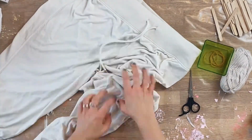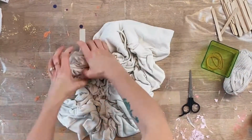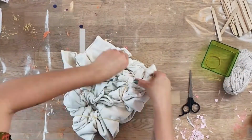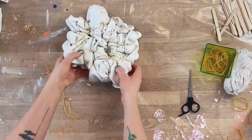Yes. And trousers, sweatpants, crumbling again. This is such a fun technique because you just get to mash fabric up and make it all wrinkly. And yeah,